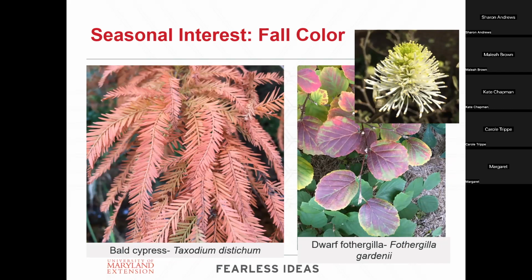And then this is a great landscape plant, this dwarf Fothergilla. And the picture in the upper right-hand corner is its flower in the spring. This is, again, multi-seasonal interest. So it blooms these really alien looking flowers in the spring, and this is before all the foliage is out. So it really is kind of a cool plant. It's got these really cool flowers. And then